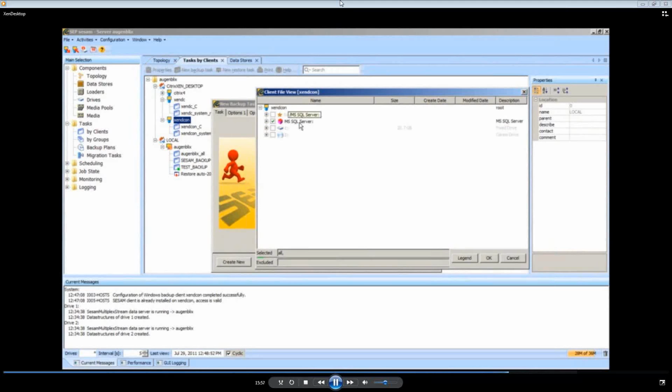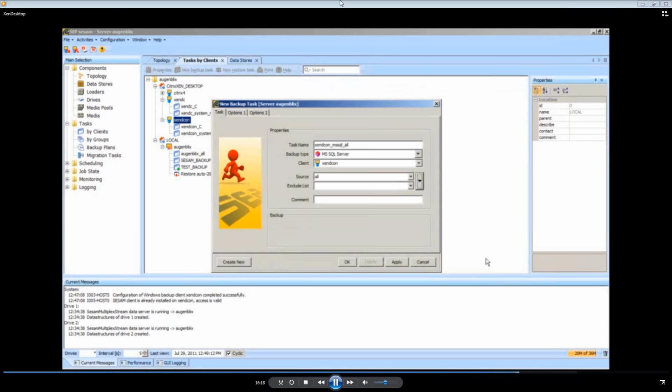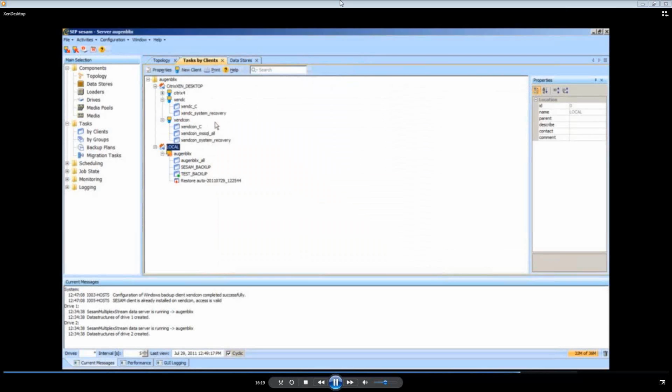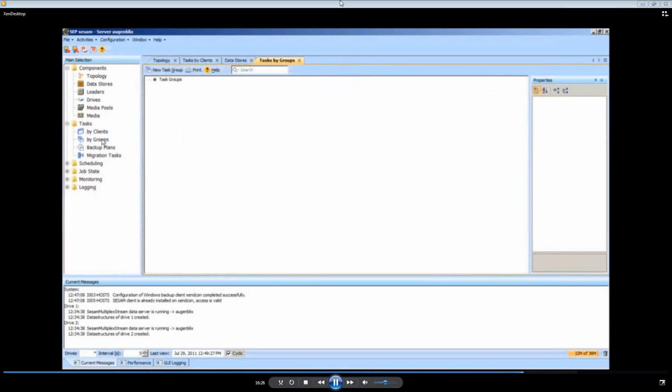So we will go ahead and select our SQL database, and the SQL database backup, again, will use VSS. It is a VSS aware application, and it's going to go ahead and quiesce the database using VSS for the backup. So we will just define it, say OK,